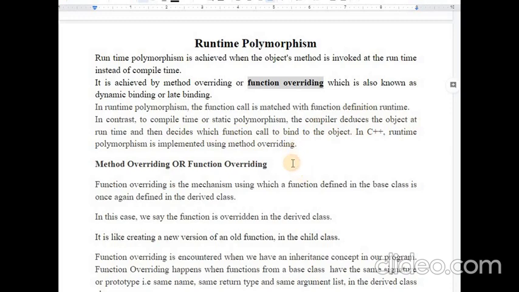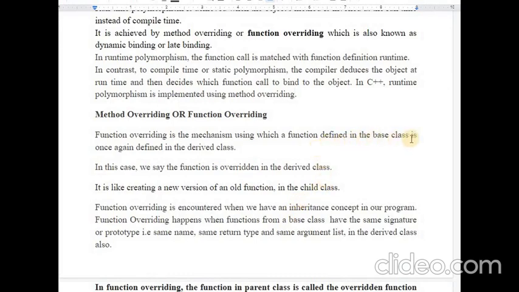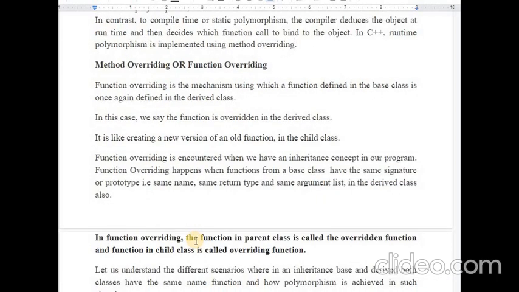Okay, so we will study method overriding next. This is a mechanism using which a function defined in the base class is once again defined in the child class, or the derived class, as a new version. Function overriding is encountered when we have the inheritance concept in our program. When a function in the base class has the same signature or prototype, that is, the same name, return type and argument list, and that function is redefined inside the derived class,